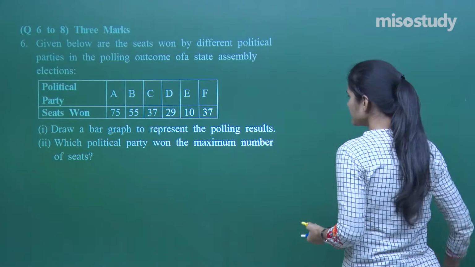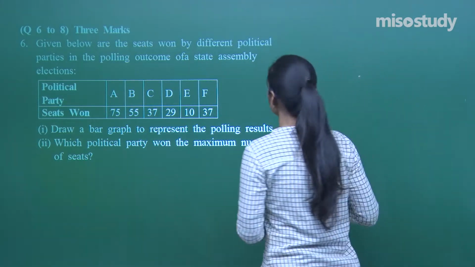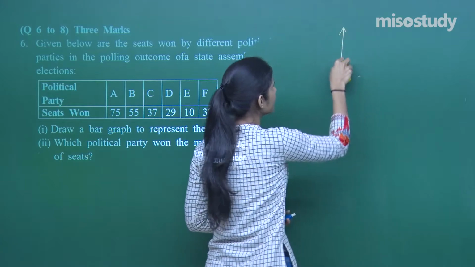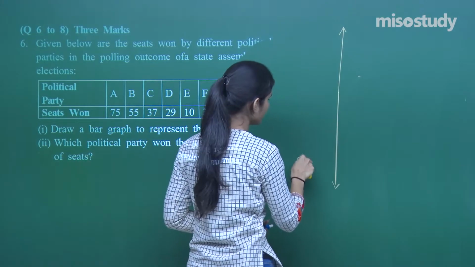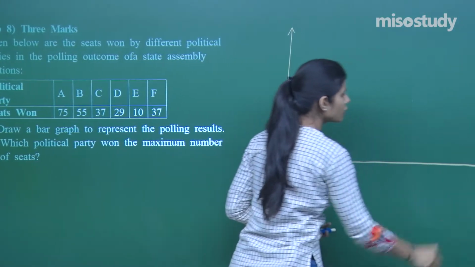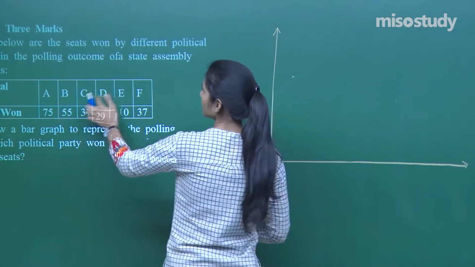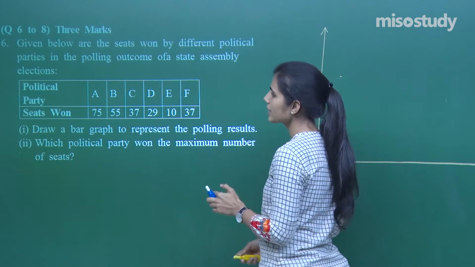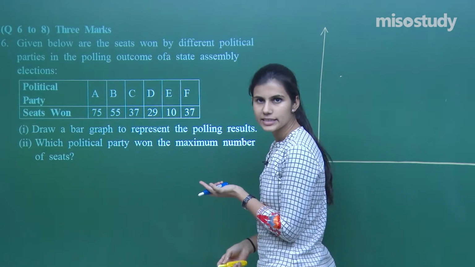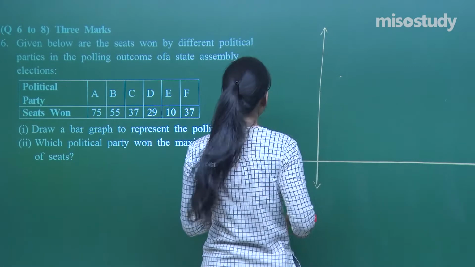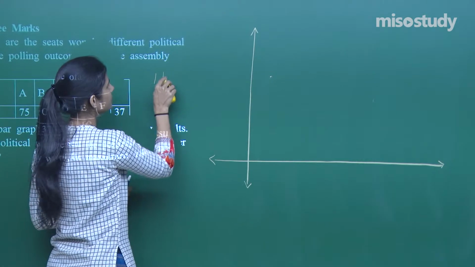And which political party won the maximum number of seats I have to show. So how do you draw the bar graph? You take this vertical line, perpendicular to it is the horizontal line. This is your x-axis, this is your y-axis. On the x-axis, you're going to mark the political parties, and on the y-axis, you will be marking the number of seats won. So I will be taking on the y-axis one big division